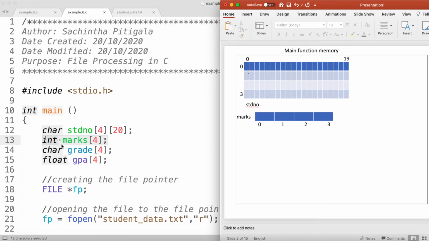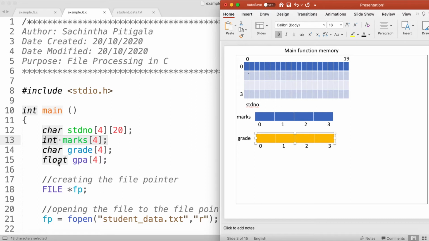The next statement declares a grade array where it can store 4 different character values. This is how my memory looks after executing the first 3 declaration statements.